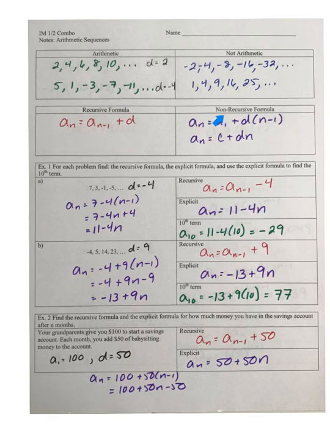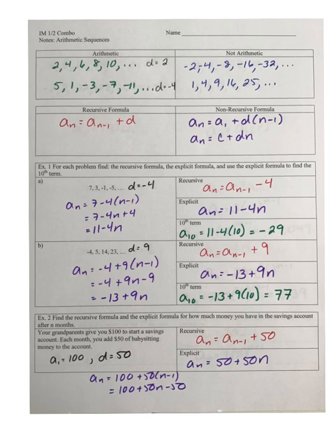So we also have what's called the non-recursive formula. Okay, so a sub n is still the same. That's like our y or our f of x. A sub 1, like I said, is the first term. So this is a sub 1 for this sequence. This is a sub 1 for this sequence. Okay. Plus, well, each time you add the common difference. So plus d